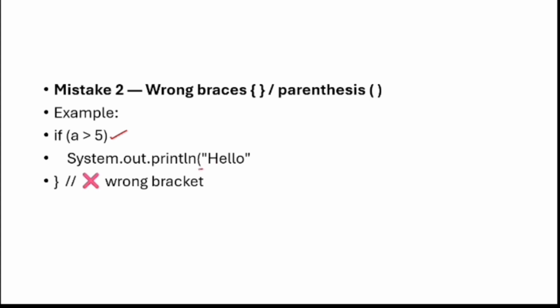There is an opening brace, but if you have not written the closing brace, even then you will get the syntax error. Okay, so the correct way, you have to keep the closing brace and keep the semicolon. Okay, next,